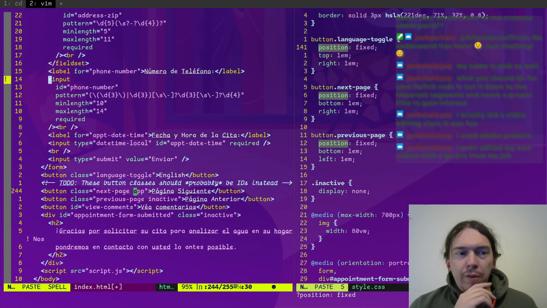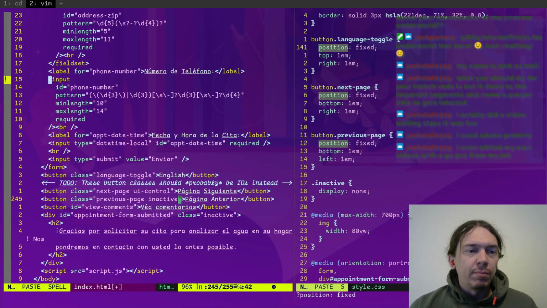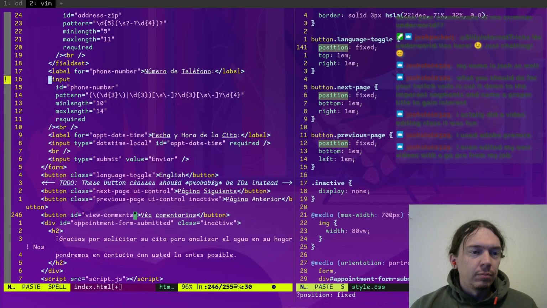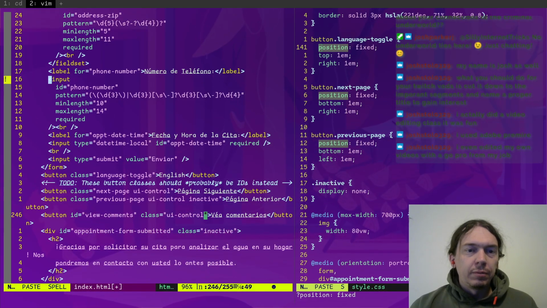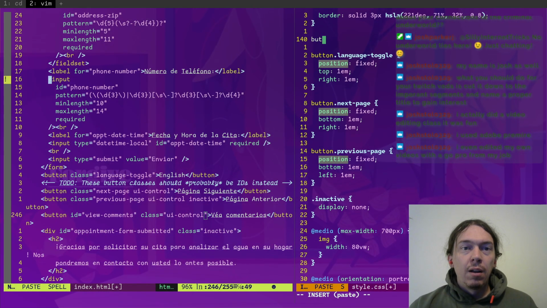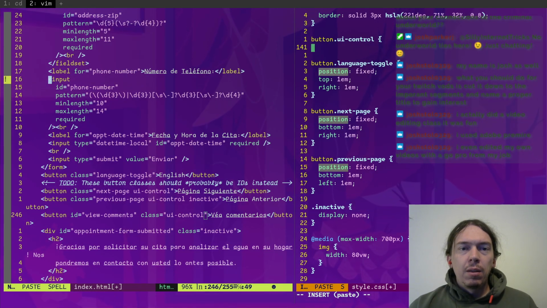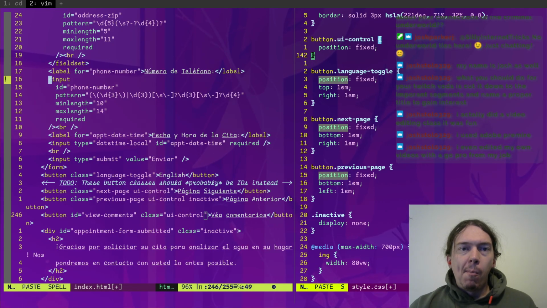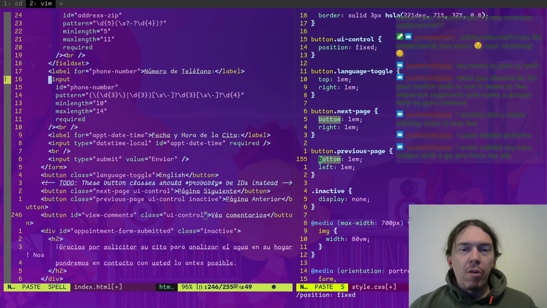That's not descriptive enough. How about UI control? Yeah. So then if we say button UI control, then we can put position fixed on all of them, and then we can do other things. And we can get rid of these places. All right.